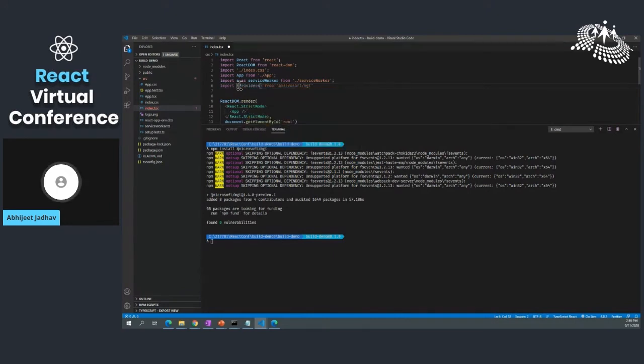I'll add the providers, and then in this case, I'm going to use MSAL provider. Go ahead and instantiate it. It's a global provider.